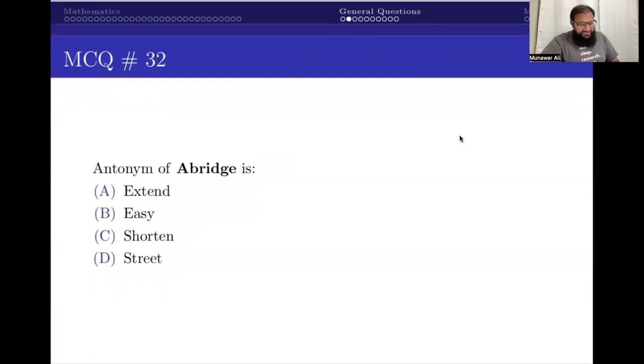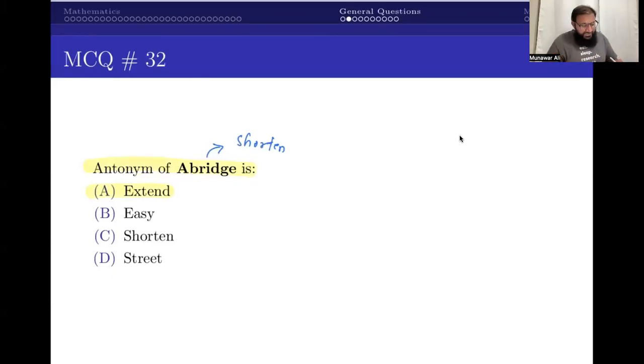And the next MCQ is antonym of average. So here we have to give the opposite word, meaning antonym. Average means shorten, to make something short. But we have to give something which is opposite to this one. It means we have to make something bigger, we have to extend something, we have to make something larger. And the correct option seems to be A, because extend means to enlarge something, to make the size of something